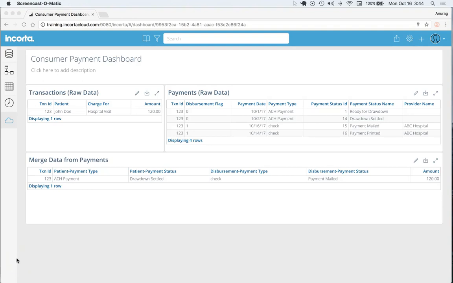In this video, we will see how you can merge multiple rows into single rows. Let's understand the requirement first. You have transactions raw data, which is 123 transaction ID, and the scenario is a patient goes to a hospital visit and